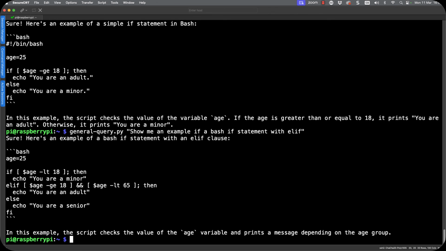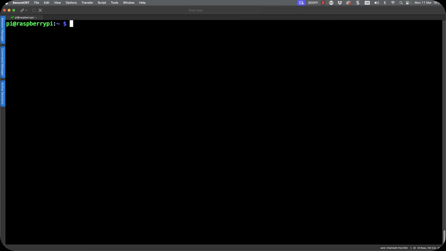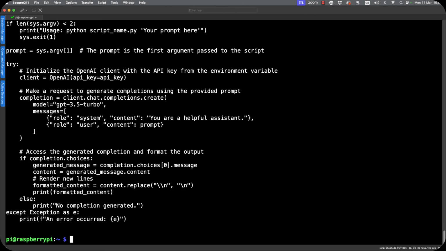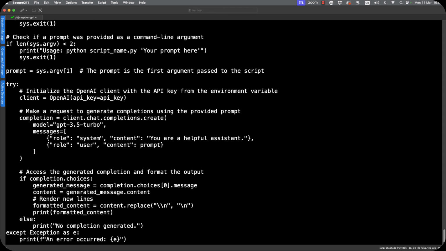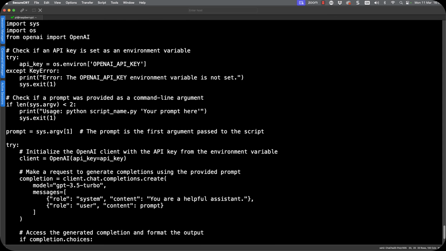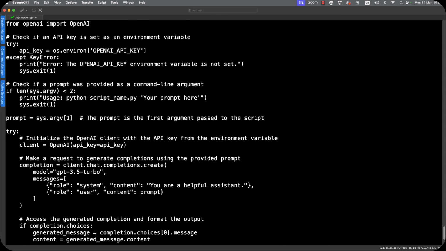But you can see this is a glorious way now of being able to access and use AI tools from the command line. If we take a look at the script, if I can remember where I put it, and I didn't put it in USR bin, I put it in my home directory in .local bin and general query, we can see this is the same script that we were looking at before when we saw it in PyCharm.